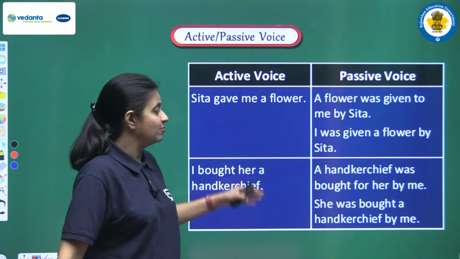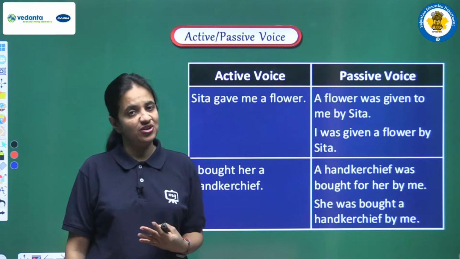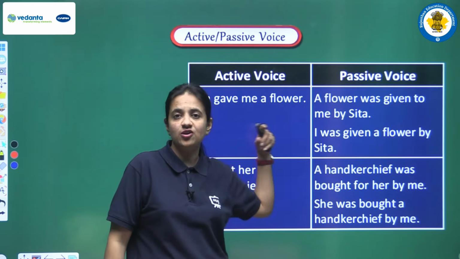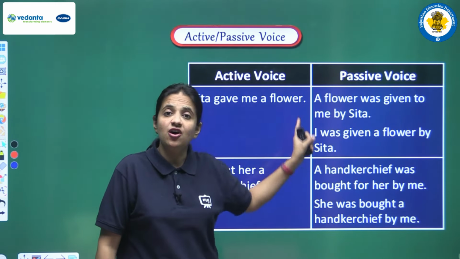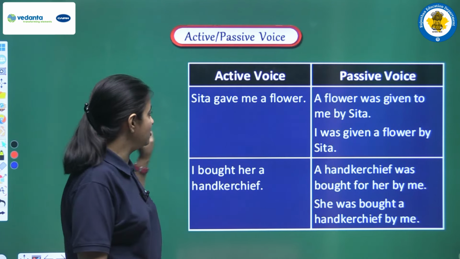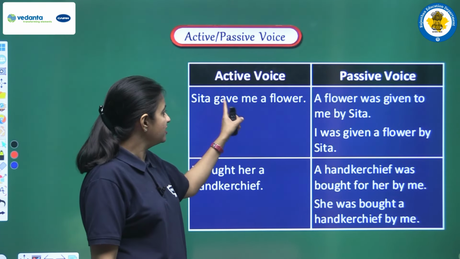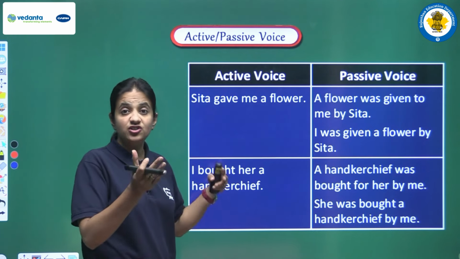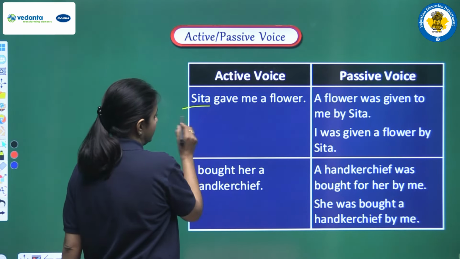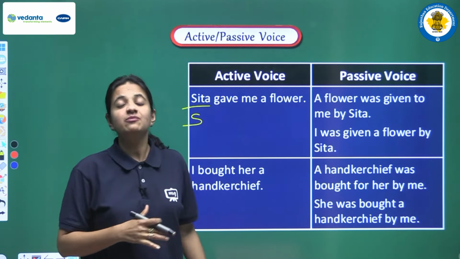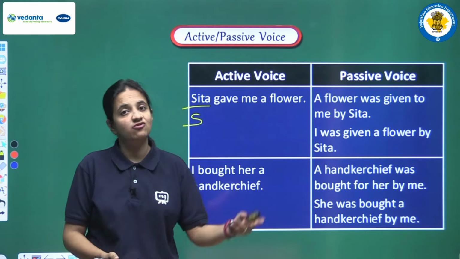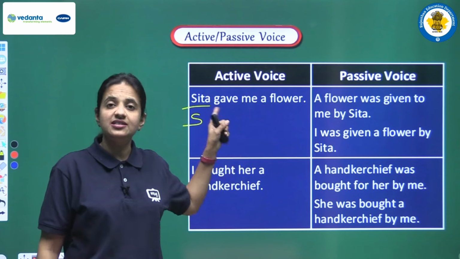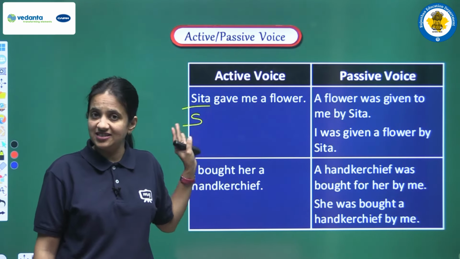So now let's see some examples of such sentences in which we are having double objects, and let's see how we can make passive voice of this sentence. We will see both the options that we are having. So let's see the first one. Sentence is Sita gave me a flower. So observe the sentence very carefully, observe the structure of the sentence. Sita, that is subject. Why Sita is the subject? Because Sita is the doer of the action. What is the action verb here? Action is to give. So who is giving? Sita is giving. So obviously Sita is the subject.